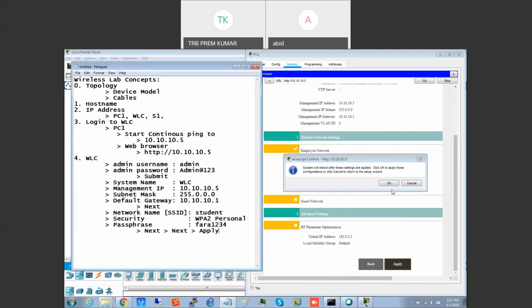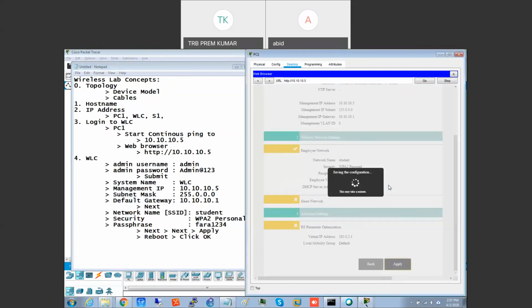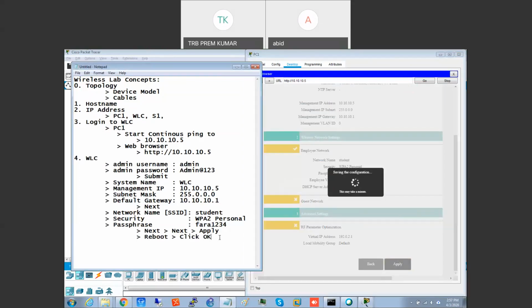So the system will reboot now. You give Apply. It will ask to reboot. Reboot. Click OK. Clear, right? Till now it's clear. Now you need to close the web browser. Step number 5. Close the web browser. Again, step number 5, in PC1,